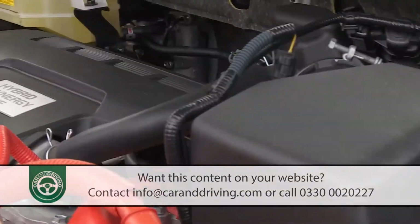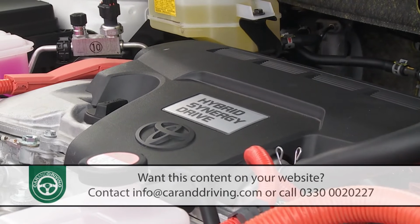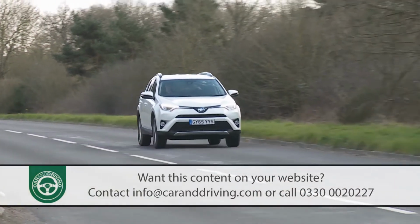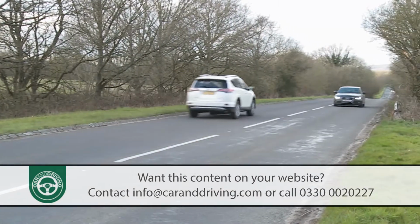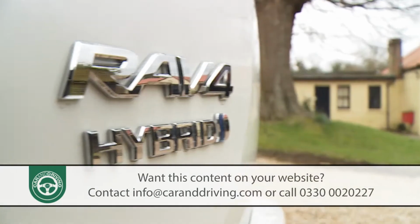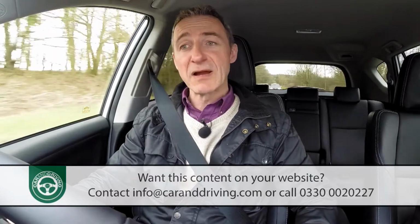In both cases, a 2.5-litre petrol engine is mated with a 141 brake horsepower electric motor at the front, but if you go for the E4 version, then a second 68 brake horsepower motor is also added to additionally power the rear axle too. It's this hybrid variant that Toyota expects at least half of all future RAV4 buyers to choose,